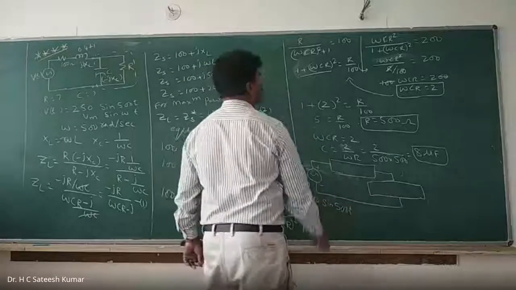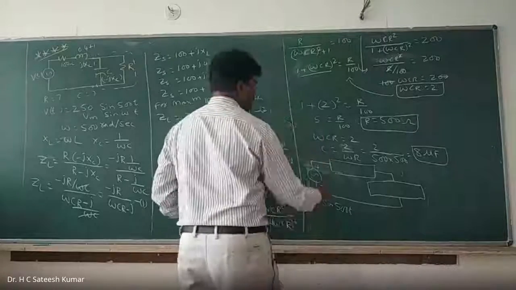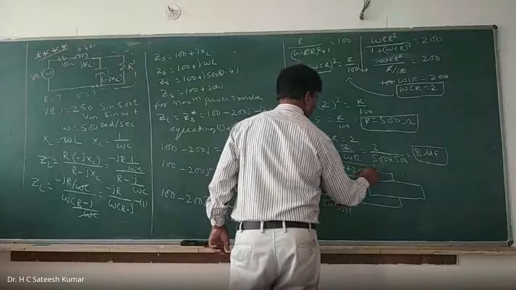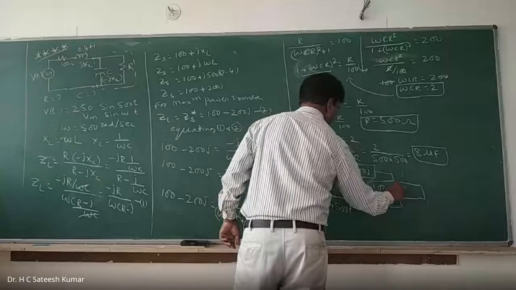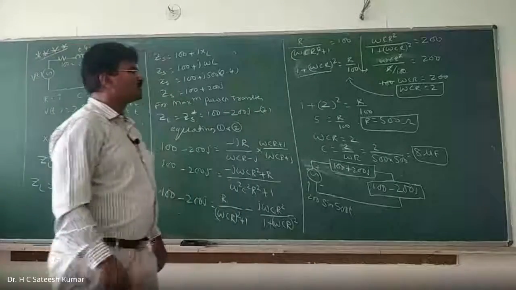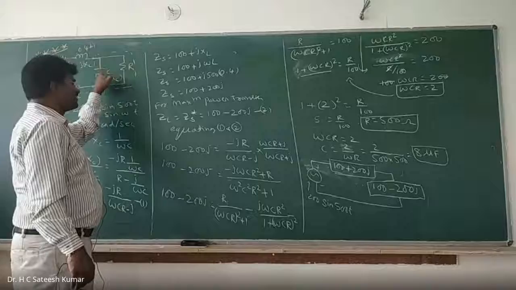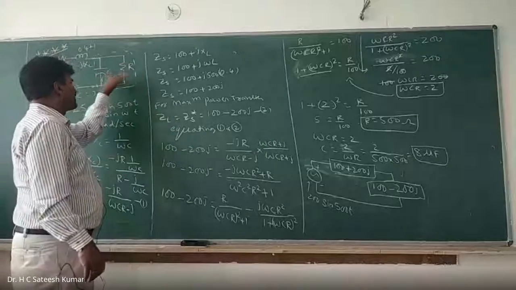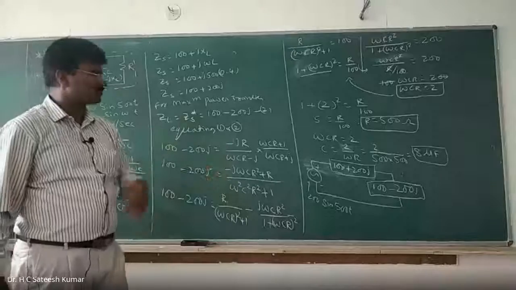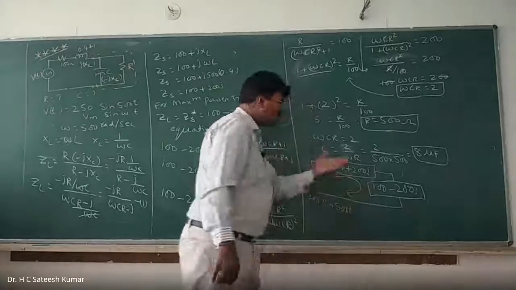And this source impedance is how much? 100 plus 200J. And this has to be 100 minus 200J if you check it. No need to think of it: if you go for the combination of R and C parallel, whatever the value you got for R and C, you will get 100 minus 200J. You can check it out. Okay, right? Because we got the R and C value with that condition only.